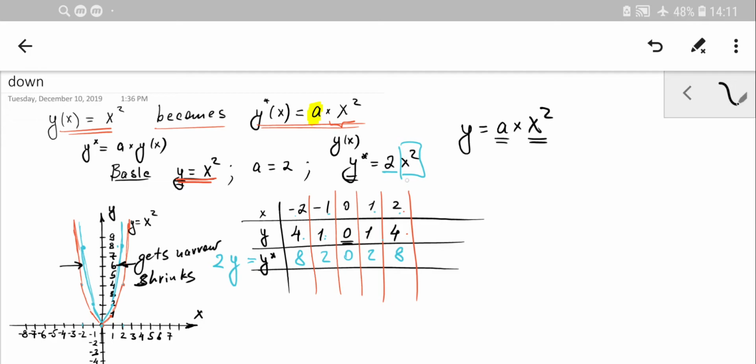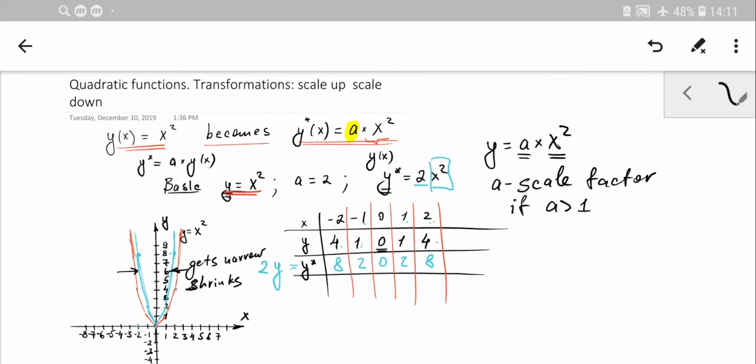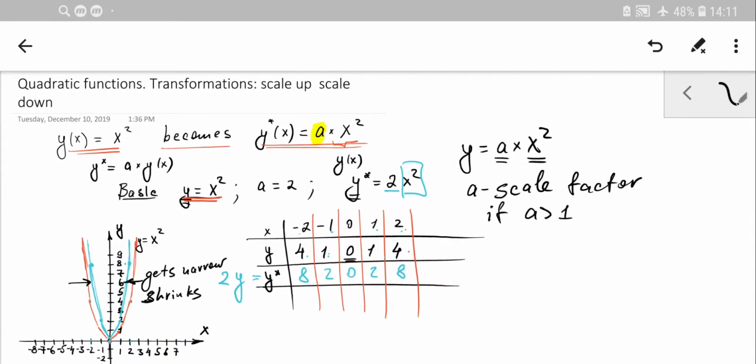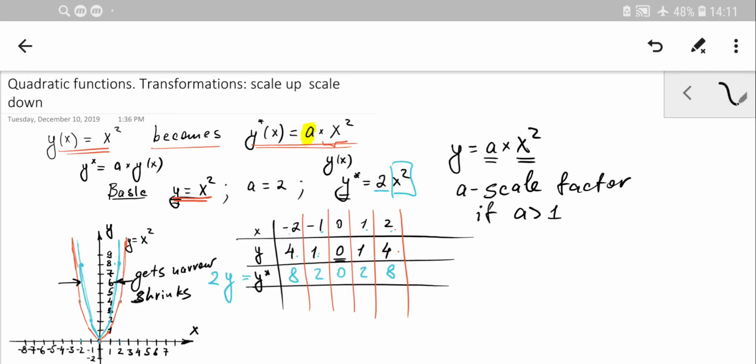When we apply a as the scale factor, in this case it's called scale factor, and if a is more than 1, we explore the case when a is more than 1, we understand that your graph or your function, so your graph is better to explain from the graph point of view. So your graph, new graph,